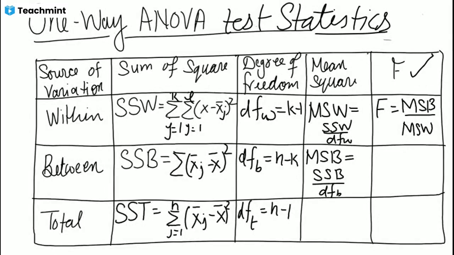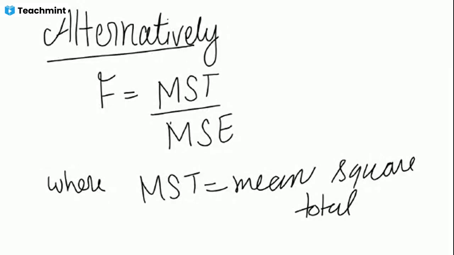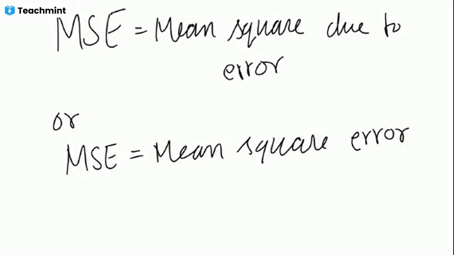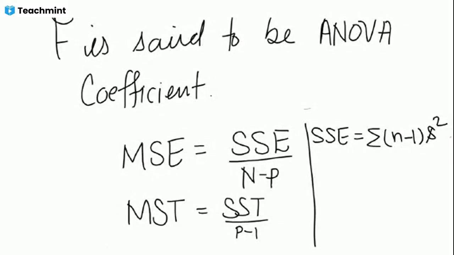If they ask you to find the ANOVA coefficient, that is F, we can find it by using this table if we have data, or by using this alternative method, where MST is the mean square total and MSE is the mean square error. If we have data, we can find MST and MSE by using this formula, or by using this also, where